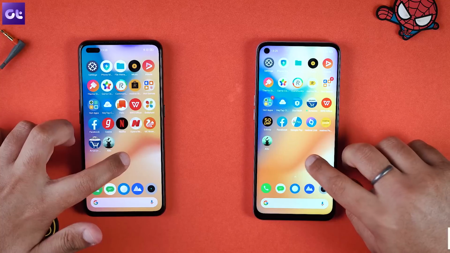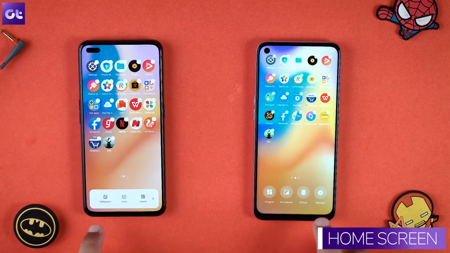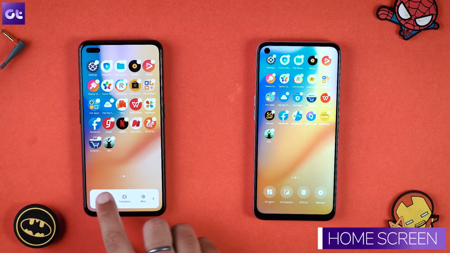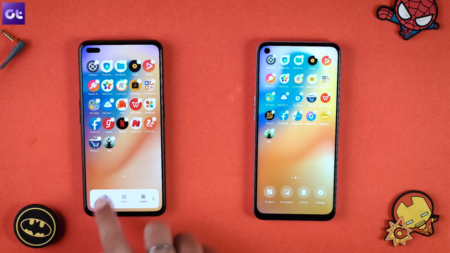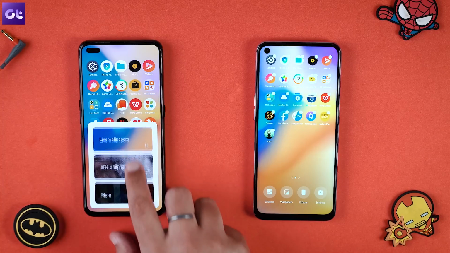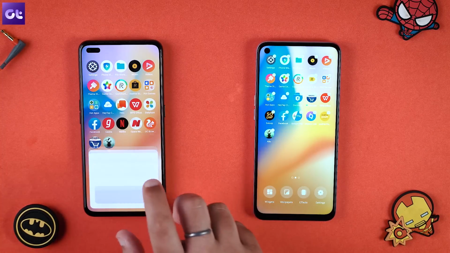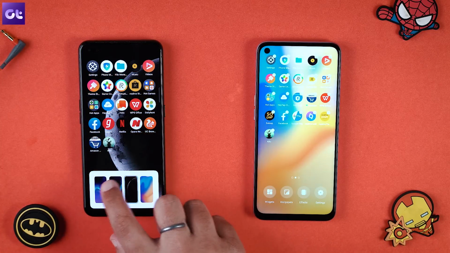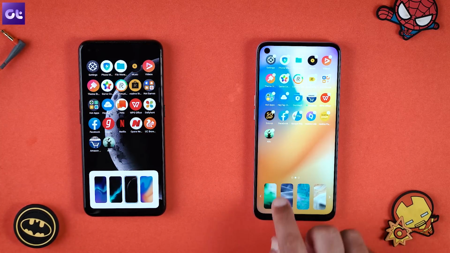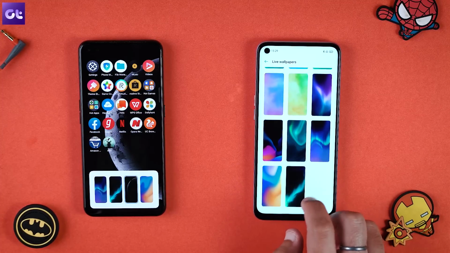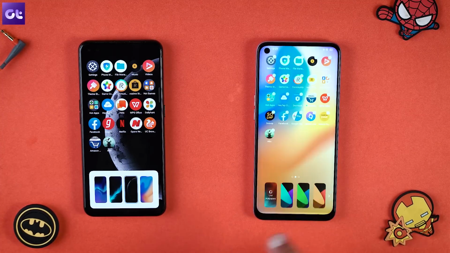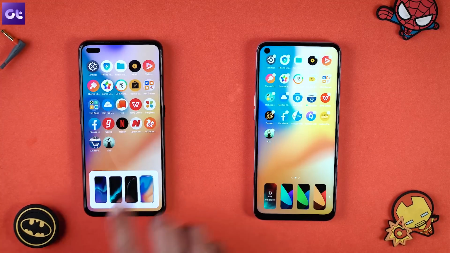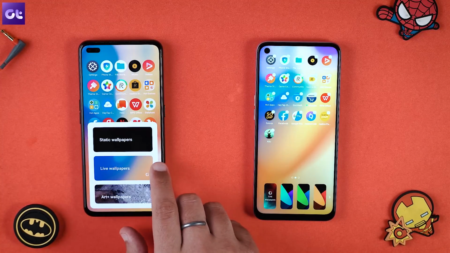The option is enabled by default, and I suggest that you keep it enabled because trust me, it's a great feature to have. Now when you tap and hold, the entire menu here has been redefined as well. You get more rows here, and accessing these options is much easier. So when you tap on wallpapers, you have easy access to all your wallpapers, including this new live wallpaper that comes with Realme UI 2.0. I cannot find it on Realme UI 1.0, so I guess it's new, but there's a possibility that it might have existed on some other devices with Realme UI 1.0, so I can't be completely sure about it. But anyway, let's just go back to this one only.